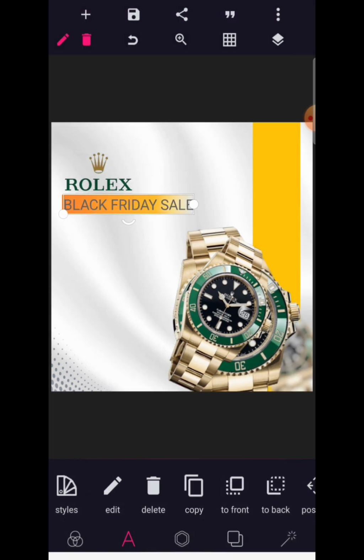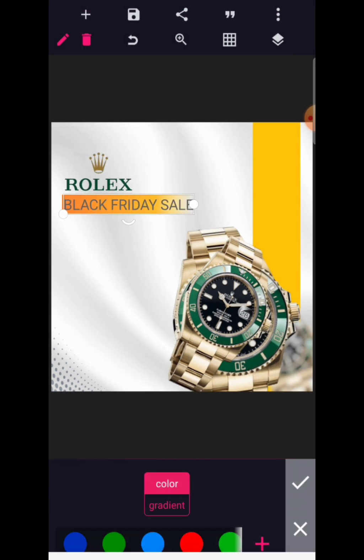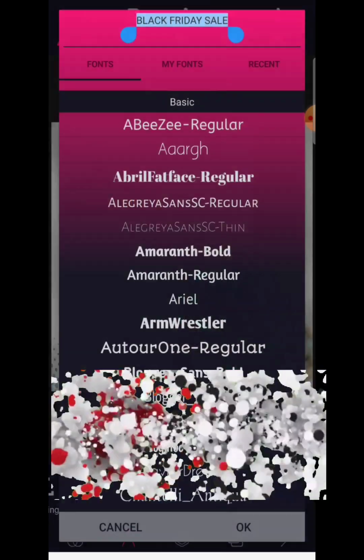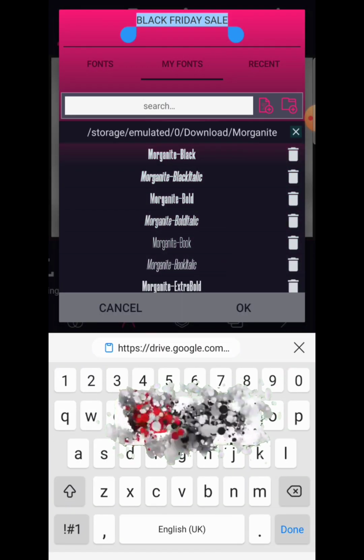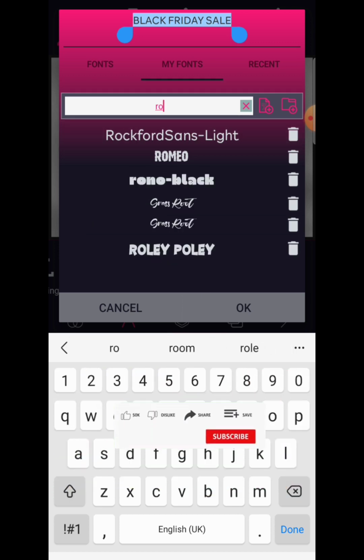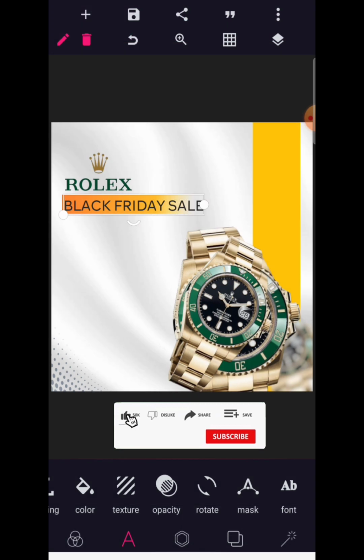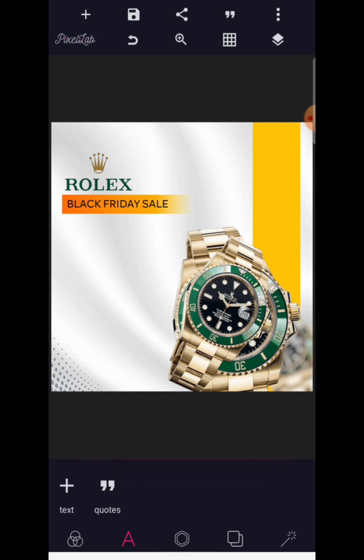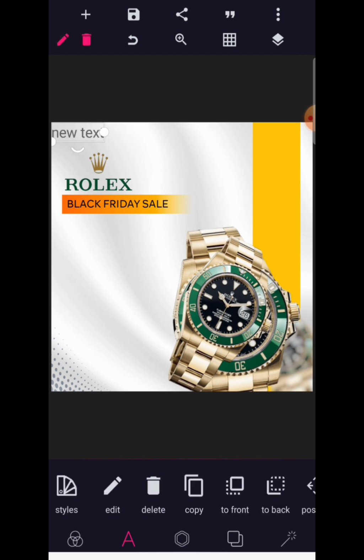Then we're going to change the color of the text to black and go to the font area. I'm going to try multiple fonts here to see. Let's start with Rockford Sans to see if it goes. Not too bad. Alright, fine. So I think we can work with this Rockford Sans light font here. It's Black Friday sale. Then we're going to write again